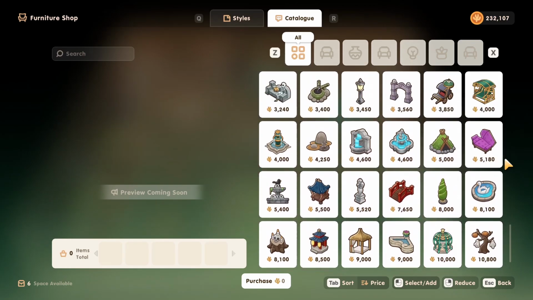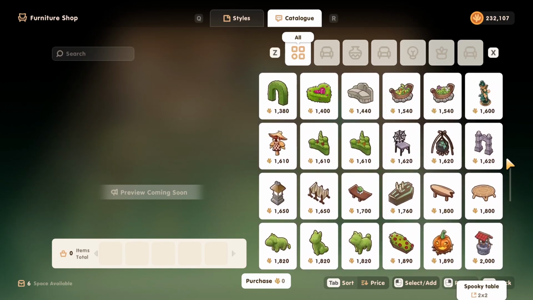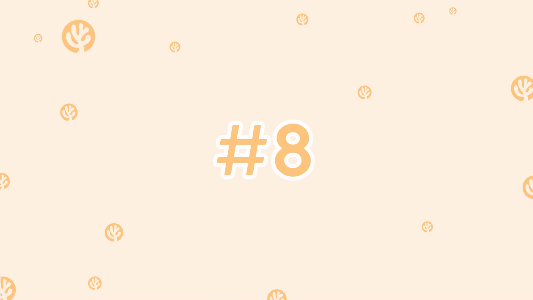So grass tiles can be pricey. Furniture in general can be pricey. I hear you, Sarah. I have no money to buy all these grass tiles you're recommending I buy and all this beautiful furniture. What do I do? My next tip is to actually use craftable items to get a start on your design while you earn money